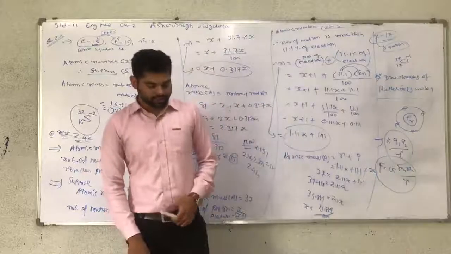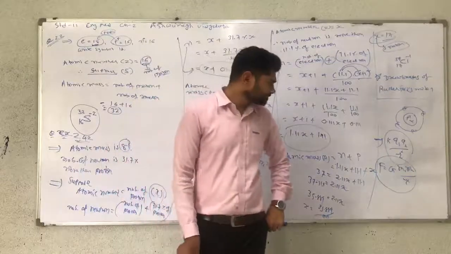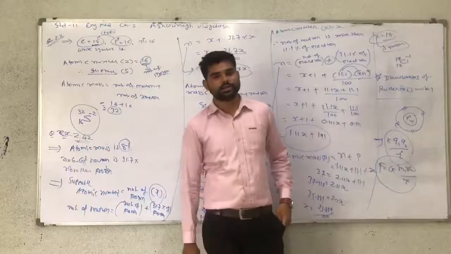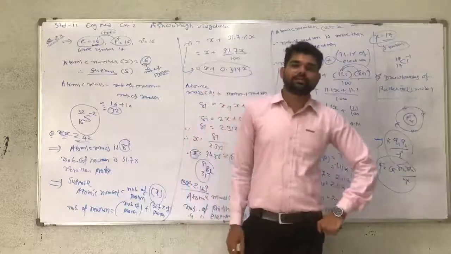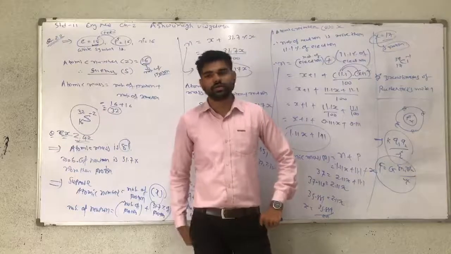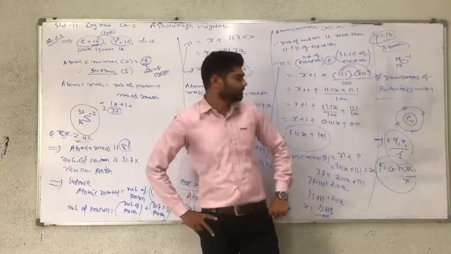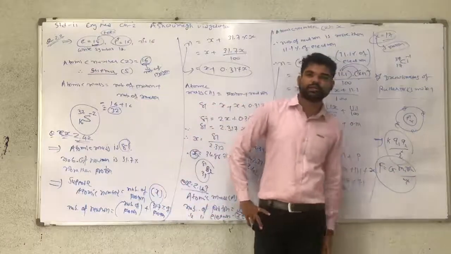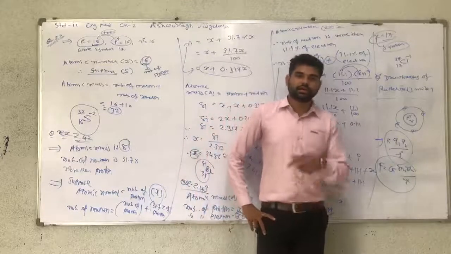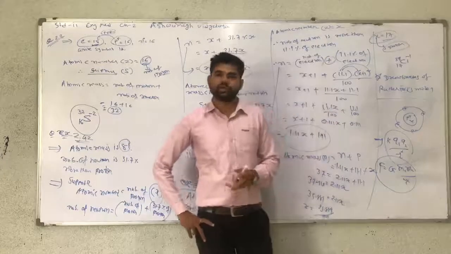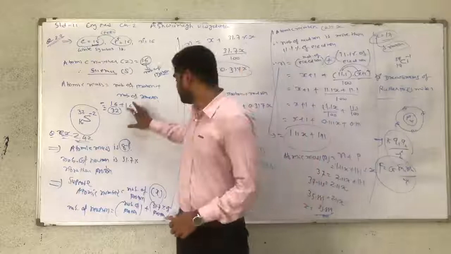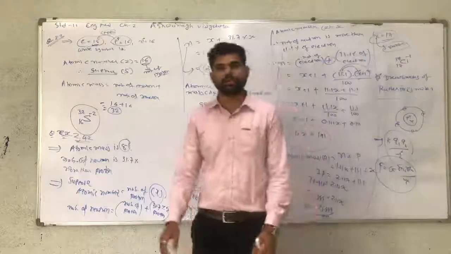So Rutherford could not explain the arrangement of electrons, and another drawback is that he could not explain the stability of the atomic model. These two drawbacks of Rutherford are important for 1 or 2 mark questions. First, it cannot explain the stability of the atomic model. Second, it cannot explain how electrons move around the nucleus and what the energy of the electron orbit is. So remember the two drawbacks, and write down the rest in your notebooks. Thank you.